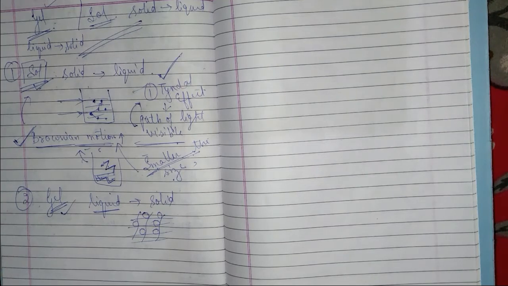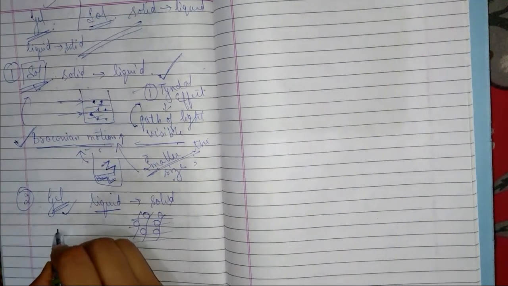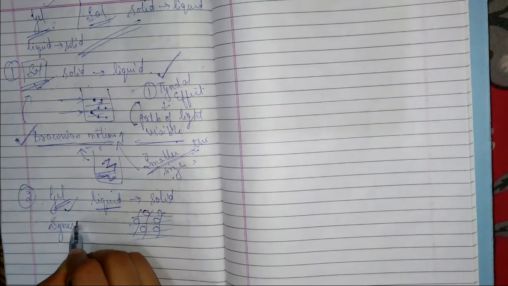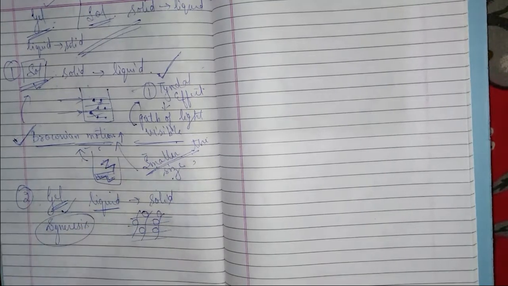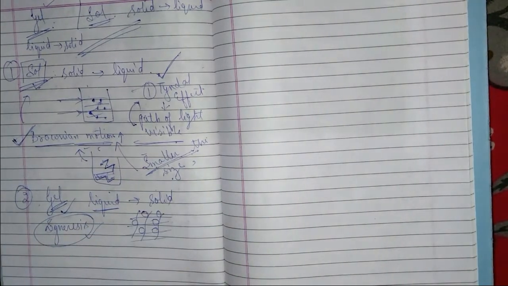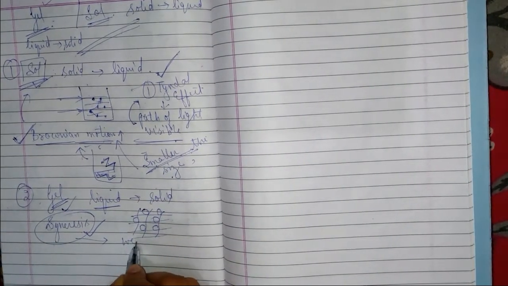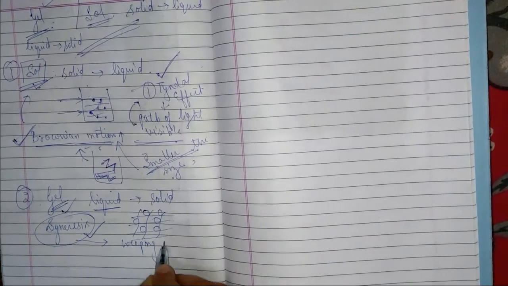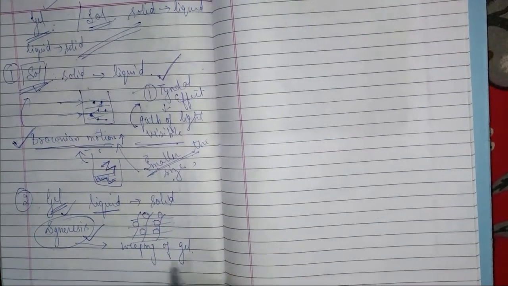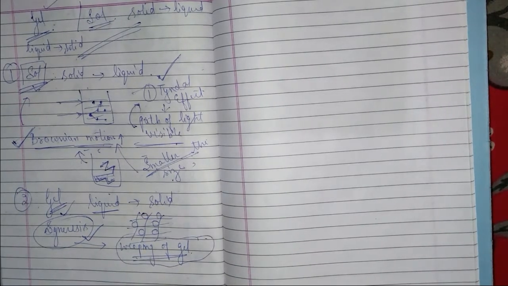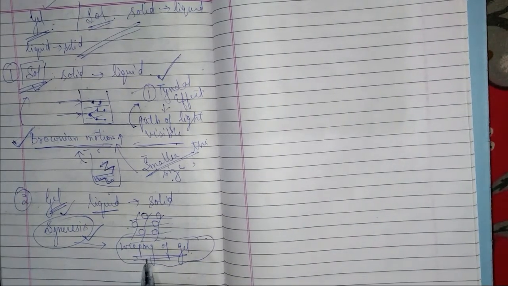So these are gels, and one important term associated with gel is syneresis. This is also very important, and it can be asked in questions. Many times it has been asked in questions. Like, what is syneresis? Syneresis is also known as weeping of gel. Weeping means crying, like when we cry, tears come out. Yes, in the same manner it is being used. So what is the meaning of weeping of gel?